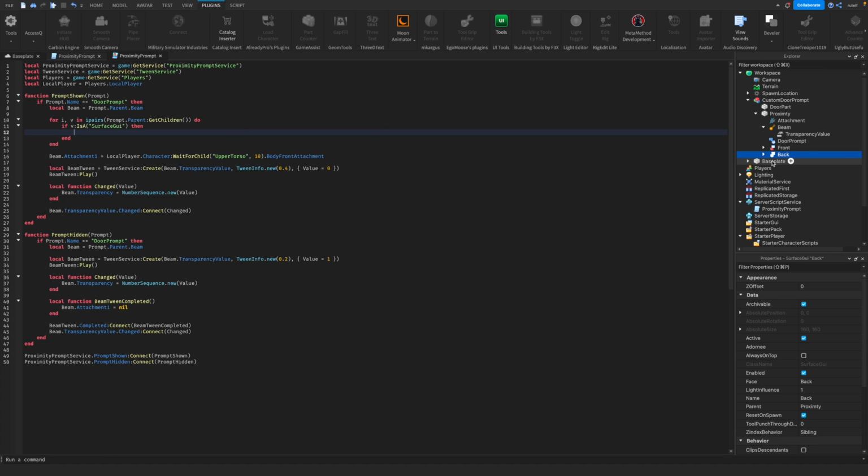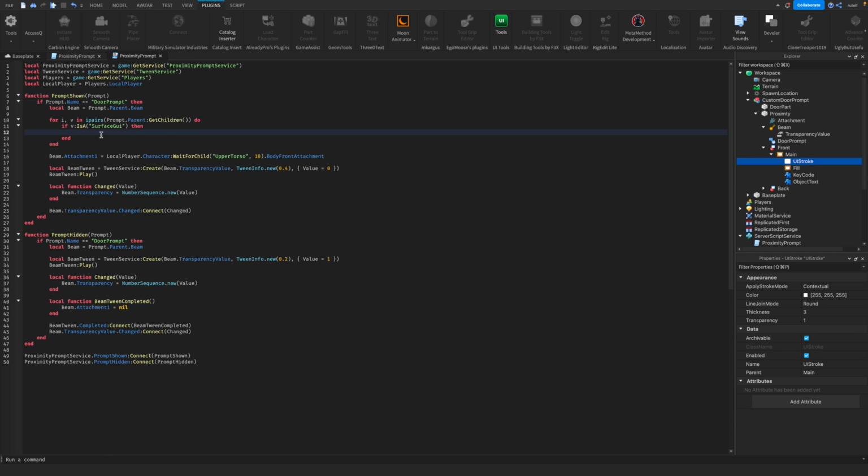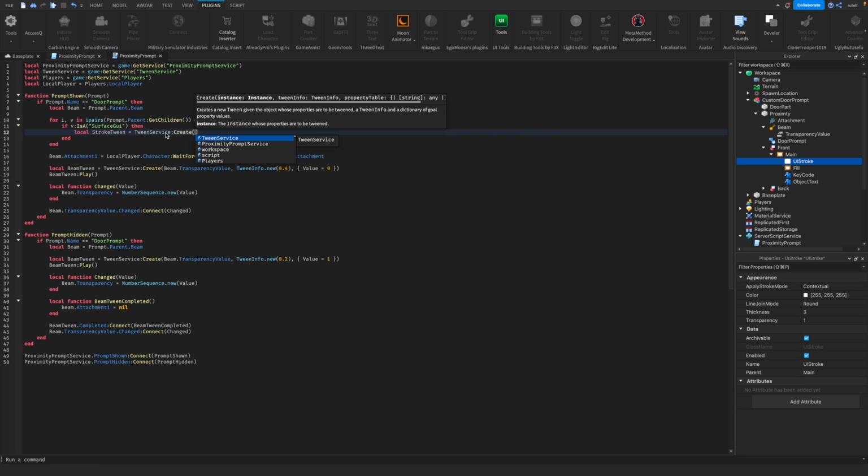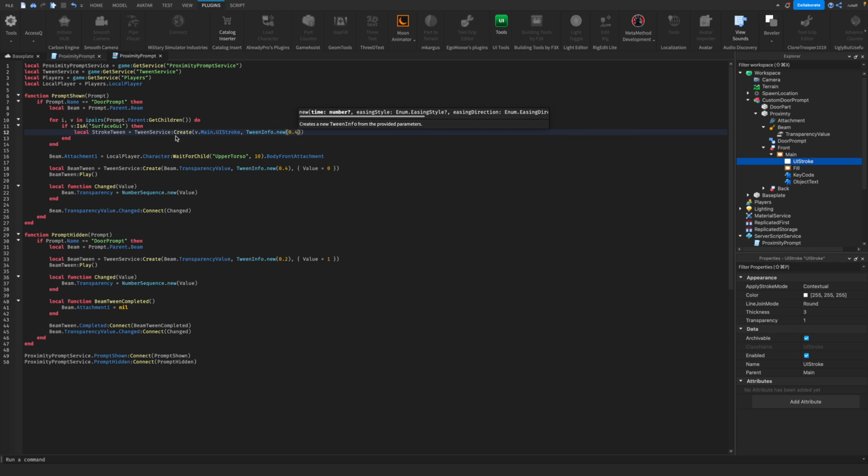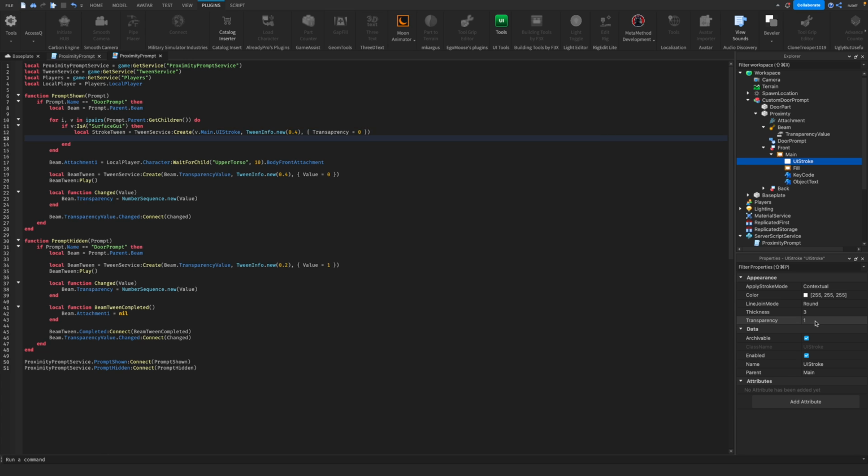And because it's prompt shown, we need to enable everything that's in each UI. So we're going to first change the transparency of the UI stroke with local strokeTween equals TweenService:Create, then v.Main.UIStroke, and then for the tween info we're going to do the same as the beam with 0.4 seconds, and the property table we would need to change the transparency with Transparency equals 0. That way you are going to be able to see it,